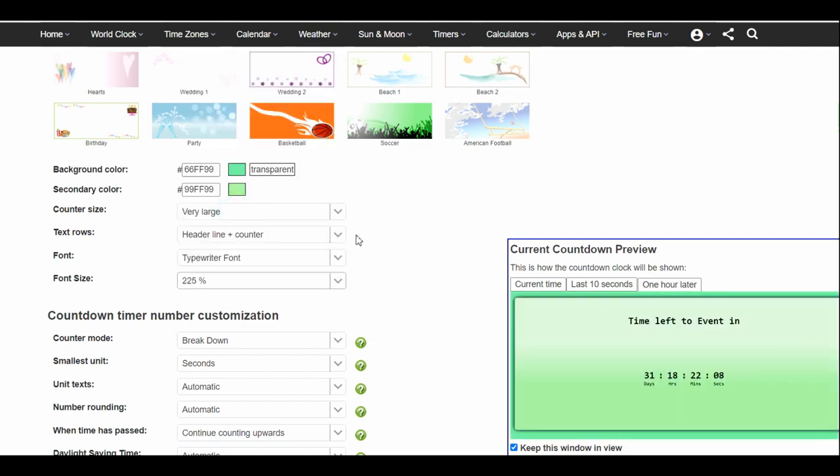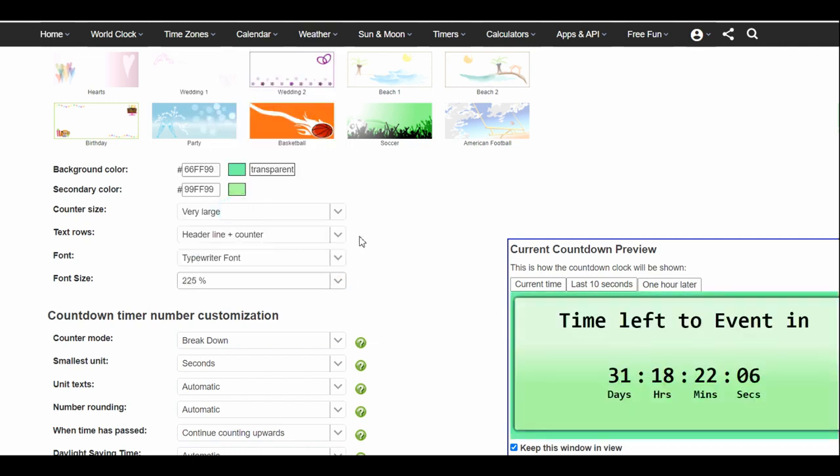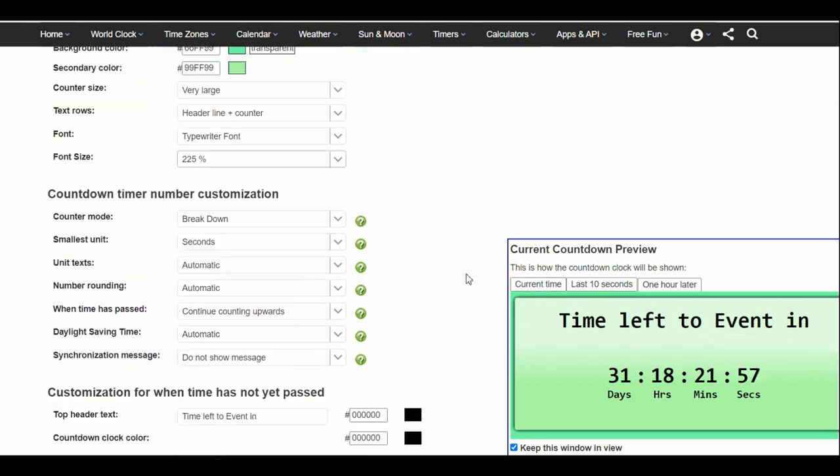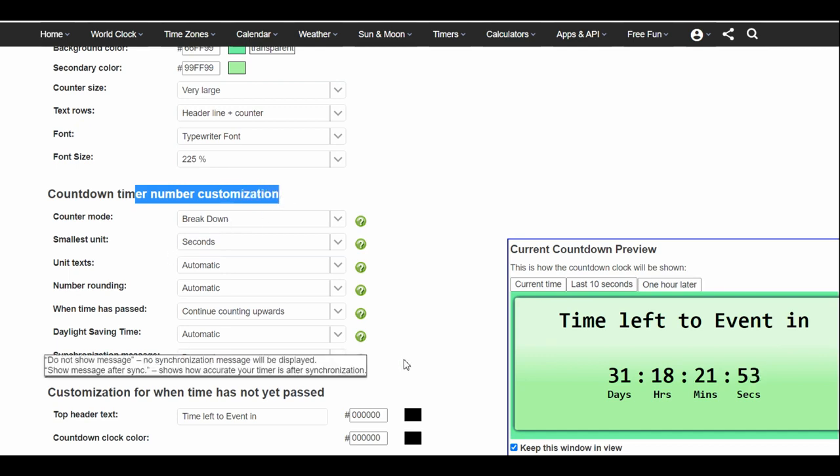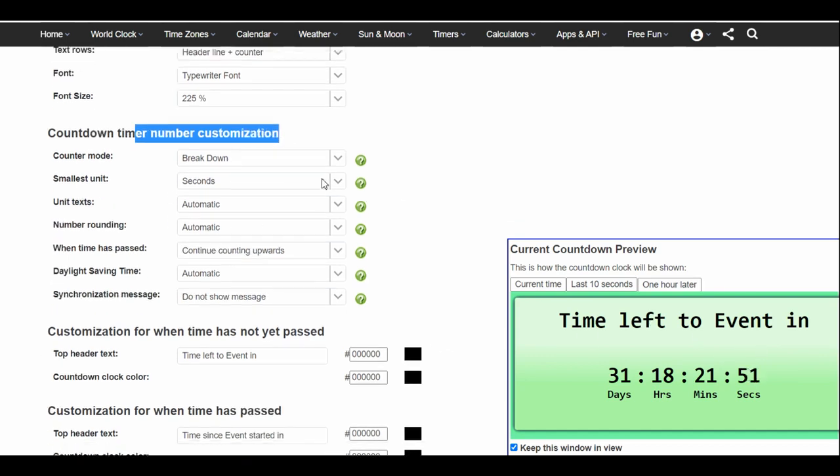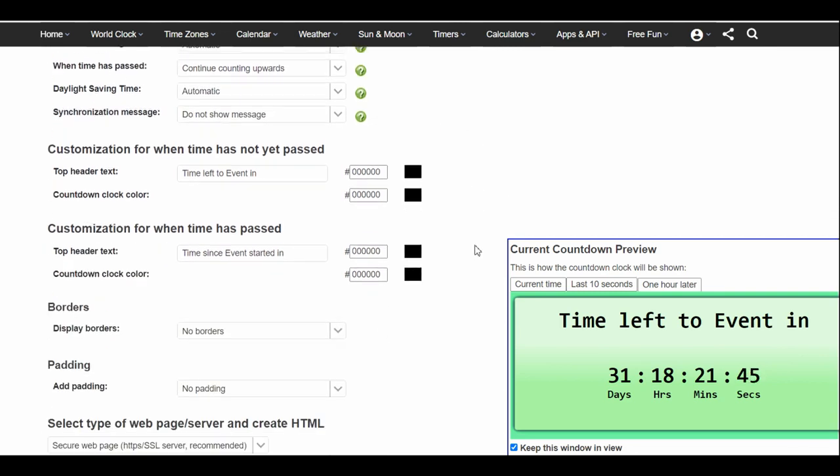Once you start getting above 225, you start being unable to put long titles in there, but it does make it larger and easier to read. 225 is what I've found to be about my limit. For the countdown timer customization, you're going to ignore all of this unless you don't want the seconds on there, and then you can take this off and turn it into something else. I just ignore everything else here. So down here,